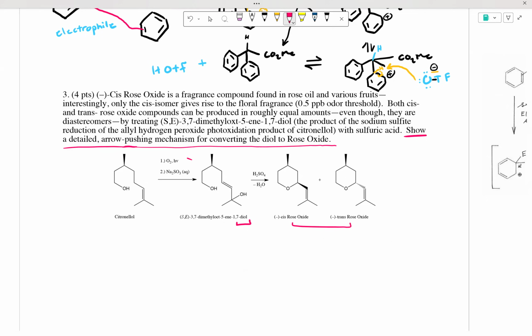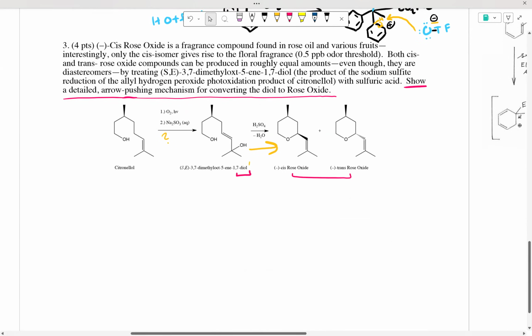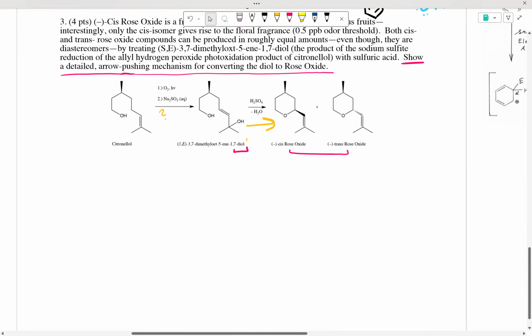And he has this reaction here, right? But you can also kind of just ignore it because I don't think we learned how to do this. And even if we did learn how to do it, we don't have to show the air pushing mechanism for it. We only have to show this one. So we can start by